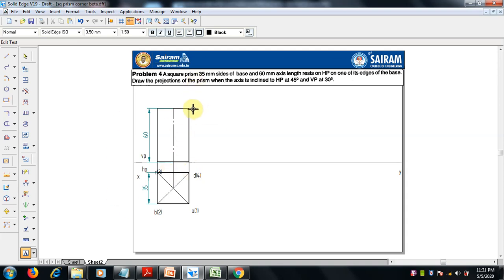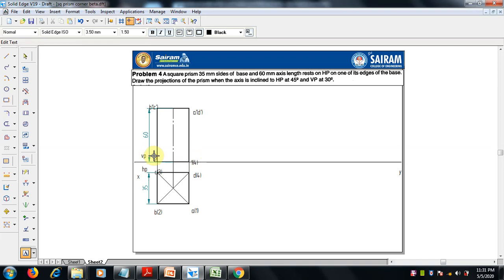So now here A dash is visible. When we are seeing from here, first A is there, behind that D will come. From here B is there, behind C is there. So A dash is visible, D dash is hidden. Like this here, B dash is visible, C dash is hidden. At the bottom, 1 is visible, 4 is hidden.